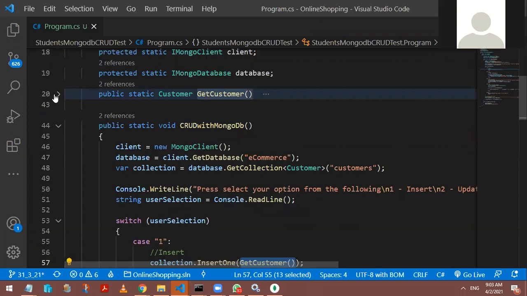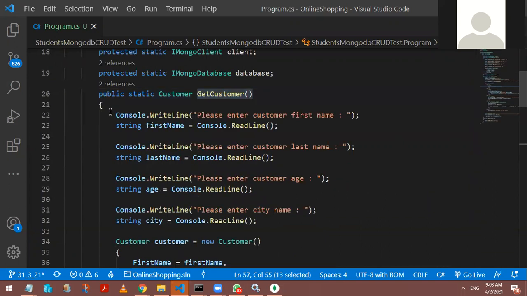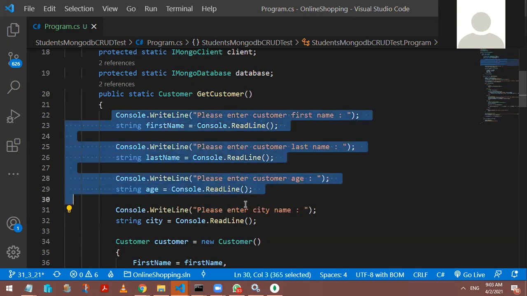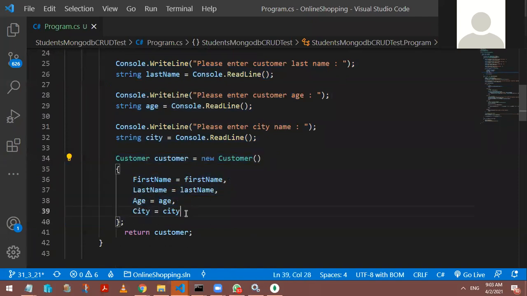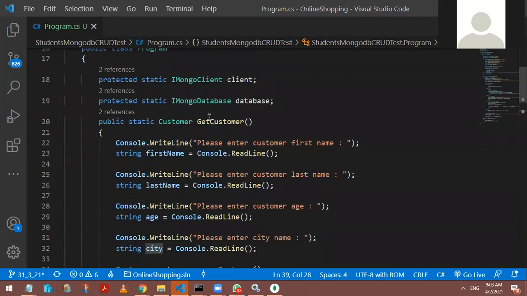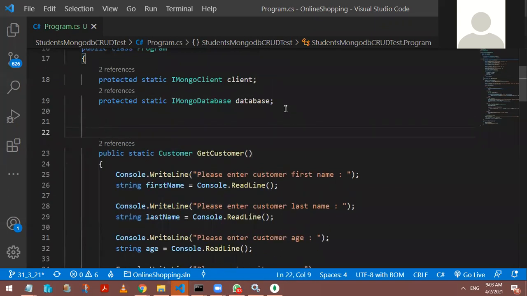So don't think the input code is written here. Please enter your customer's first name, last name, age, and so on, and then whatever data you capture using a string, get that data, accordingly create a customer and return that customer.